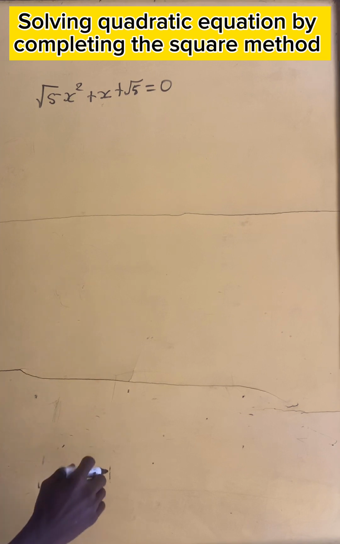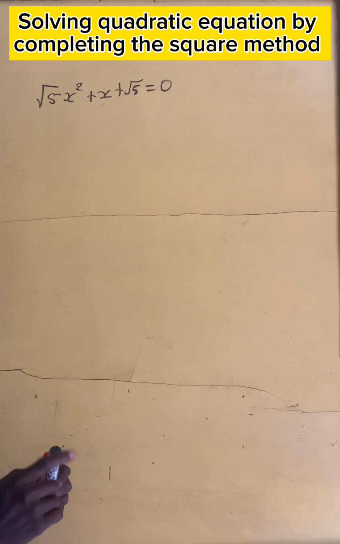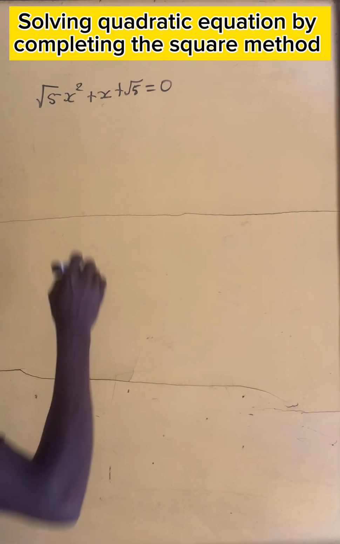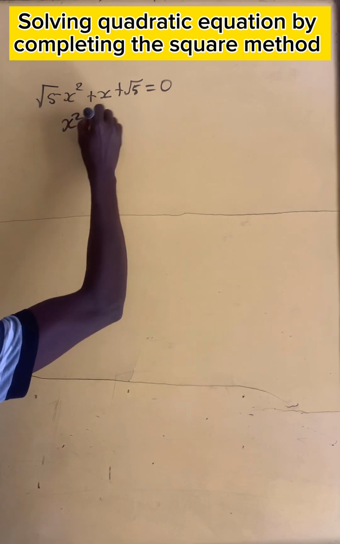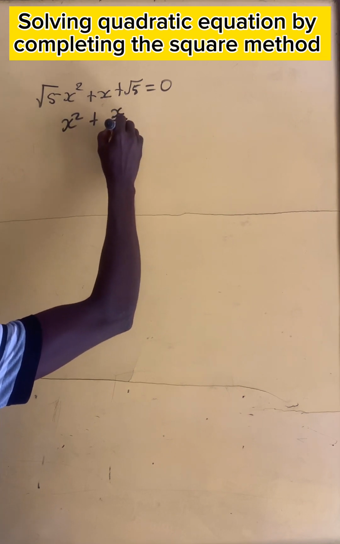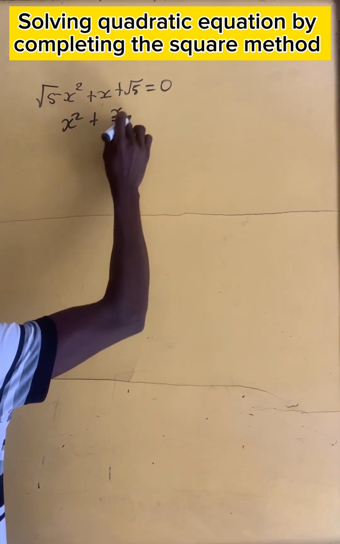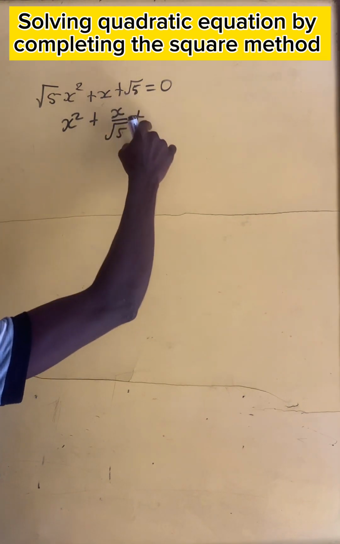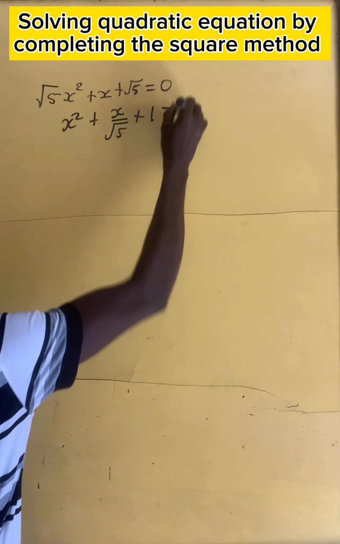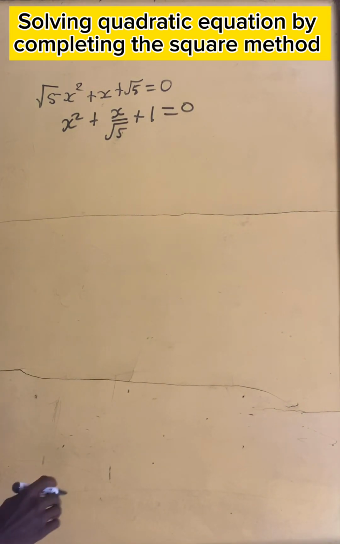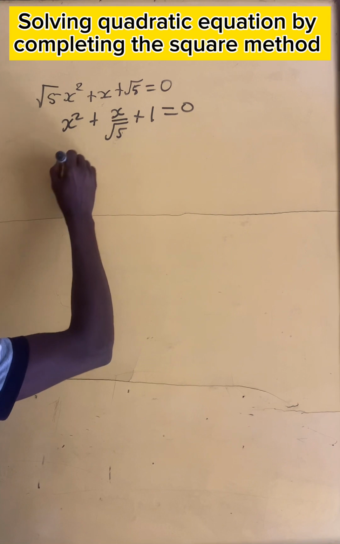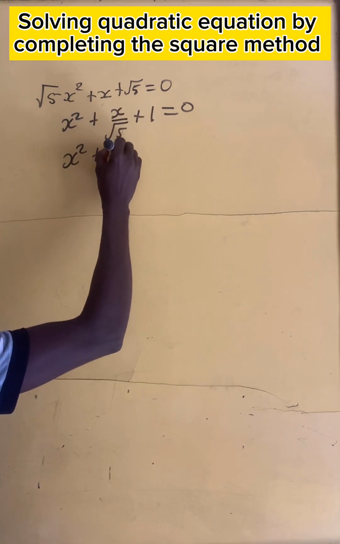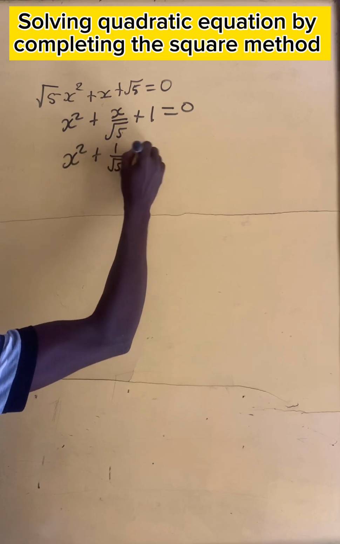First, we make sure that the coefficient of x squared is positive 1. So we divide through by this root 5. So we have x squared plus x divided by root 5 plus root 5 divided by root 5, which is 1, equals 0. Then we group the terms. We have x squared plus x on root 5, which is the same as 1 on root 5 times x, equals